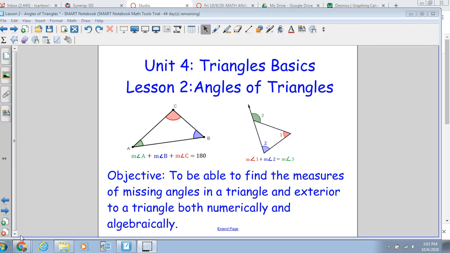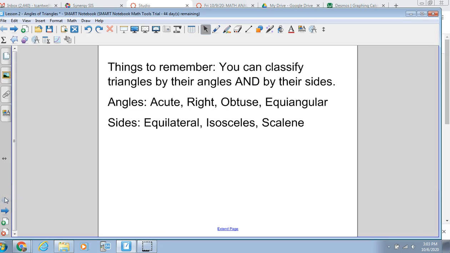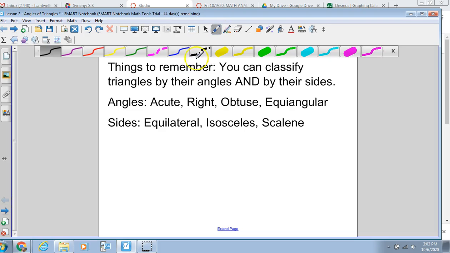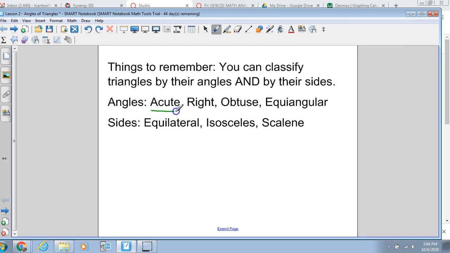Hello geometry students. In this video we are going to learn about the angles of triangles. Now hopefully you have already taken a look at the vocabulary, and just a reminder that we can classify triangles by their angles and by their sides. If a triangle is an acute triangle, then all three angles are less than 90